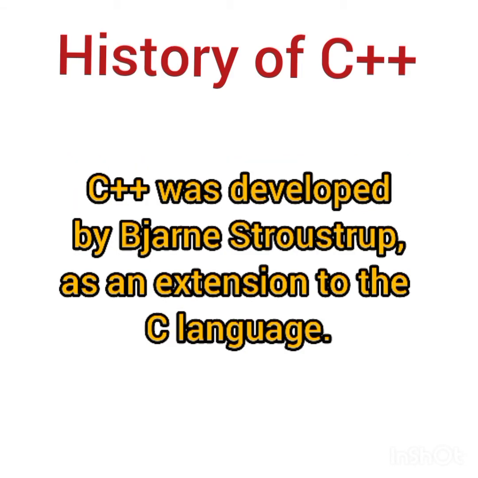Now, history of C++. C++ was developed by Bjarne Stroustrup as an extension to the C language. Bjarne Stroustrup was a Danish computer scientist who created, designed and developed C++ at Bell Telephone Laboratories in Murray Hill, New Jersey, as he wanted a flexible and a dynamic language which was similar to C with all its features, but with additionally active type checking, basic inheritance, default function arguments, classes, inlining, etc., and hence C with classes